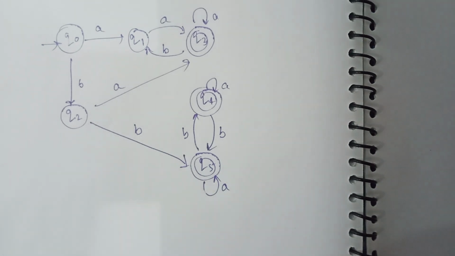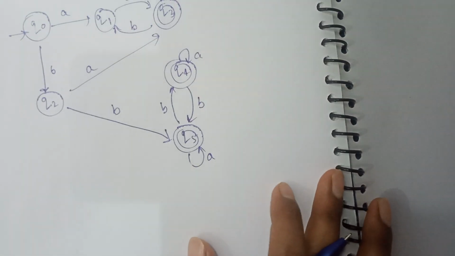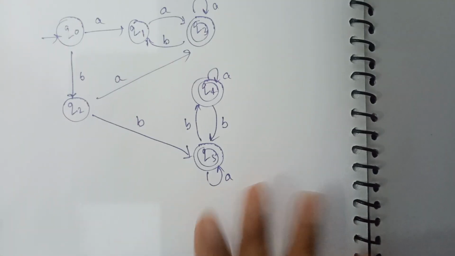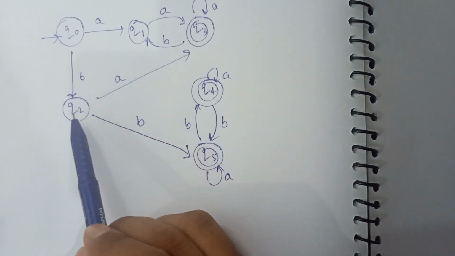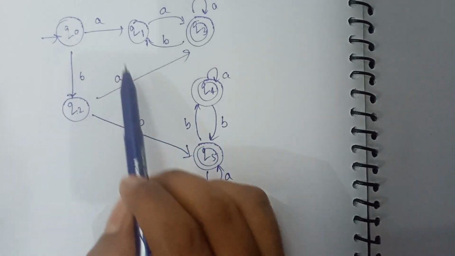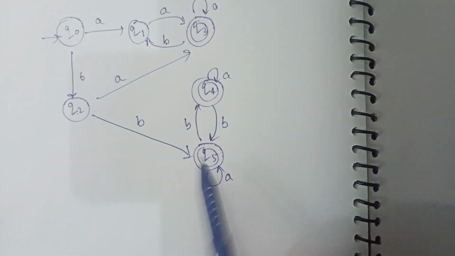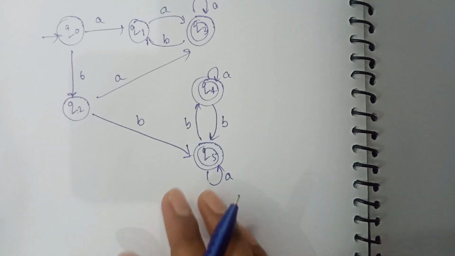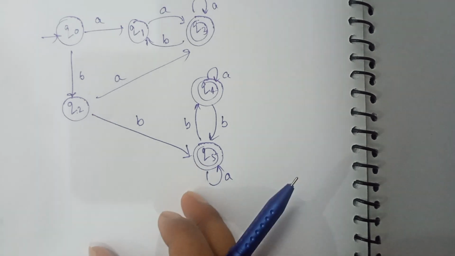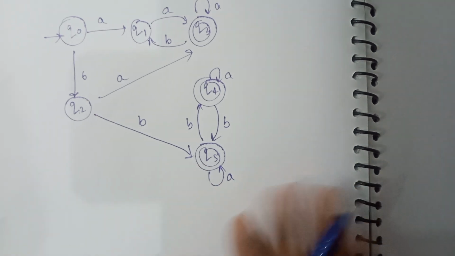So the process by which we will solve this question is, first of all, we will separate initial and final states. Like if we see in this, Q0, Q2 and Q1 are the initial states, and Q3, Q4 and Q5 are the final states. But before doing this, we need to make a transition table. Likewise, I will show you.